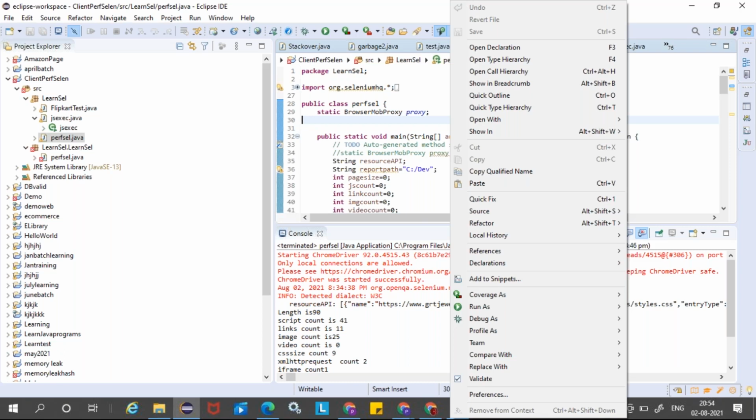We'll try to learn how to import the jar files into your Eclipse, external jar files, Selenium jar files, and we'll create these programs. Again, when I say programs, you don't need to worry. If you don't know Java also, you don't need to worry about it. It is not required for you to know Java to learn Selenium.